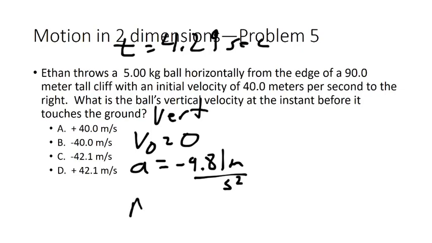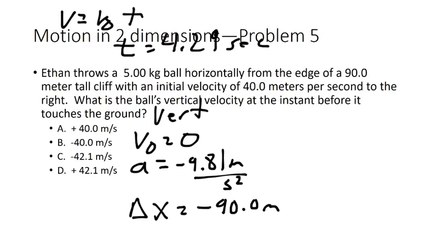And we know the displacement vertically is negative 90 meters. We're trying to find the final vertical velocity. The easiest way to do that is to use the kinematic equation: V, final velocity, equals V0, initial velocity, plus A times T. So in this case, V is what we're looking for, final velocity. Our initial vertical velocity was 0,